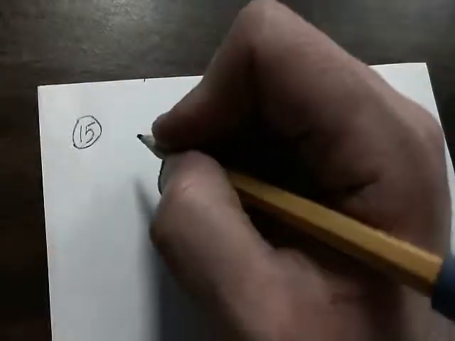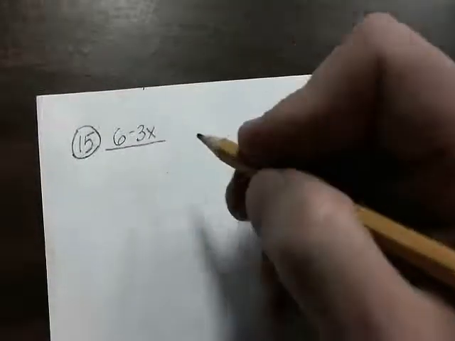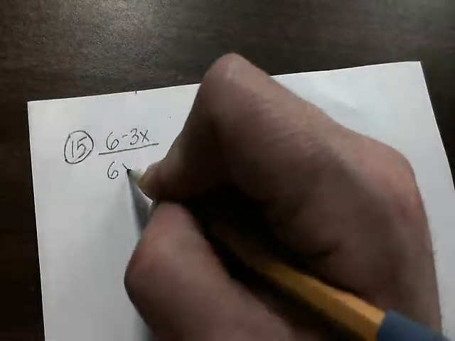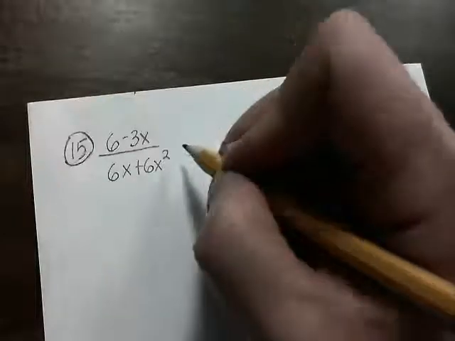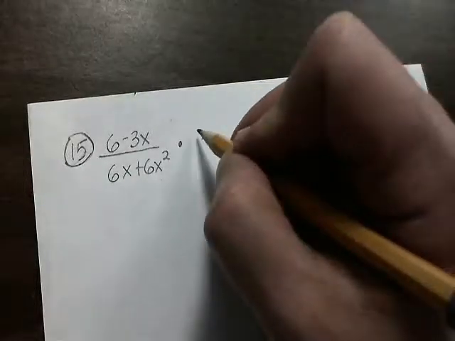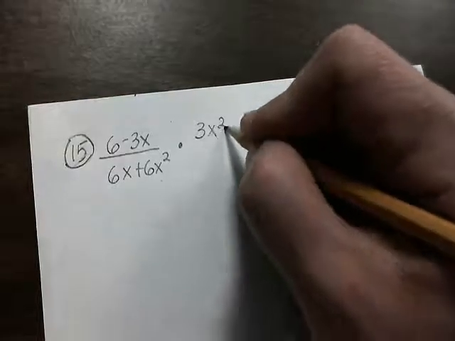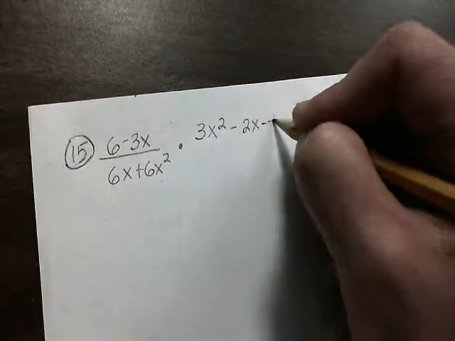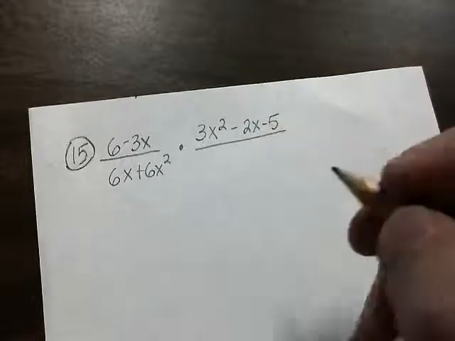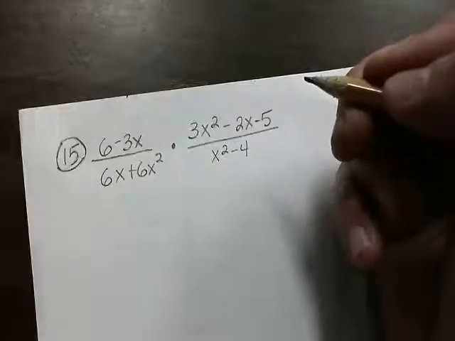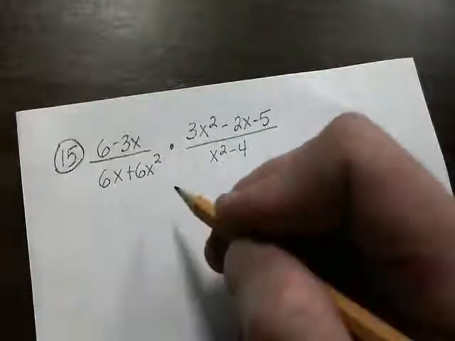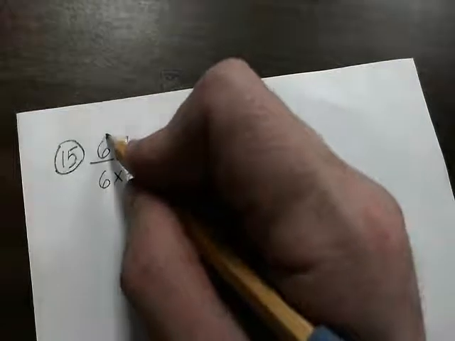And problem number 15 says (6 minus 3x) over (6x plus 6x squared), times (3x squared minus 2x minus 5) over (x squared minus 4). Okay, first thing I notice in this problem is that these numbers are out of order,